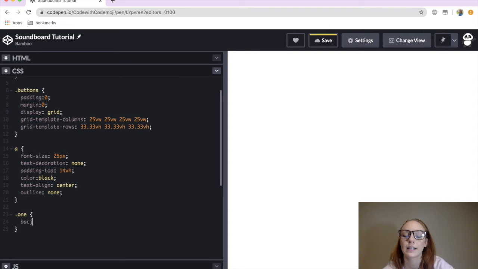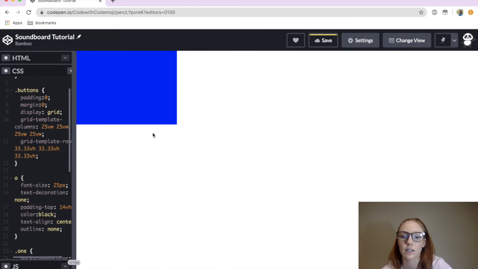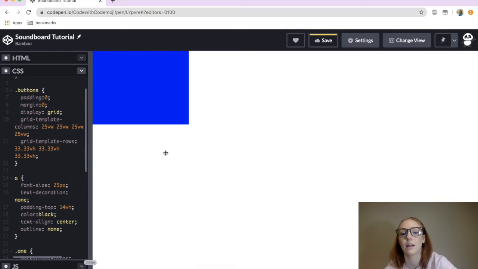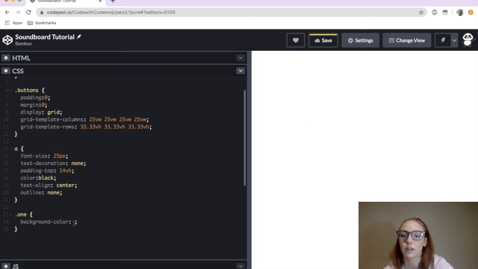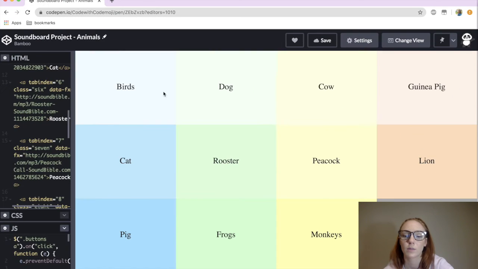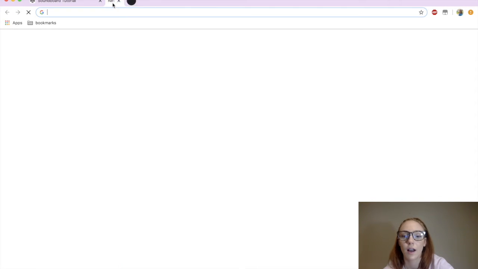So now we're going to go section by section for the different 1 through 12 boxes, and we're going to set the background color for them. So you guys saw how I had a lot of different blues, greens, yellows, and pinks. I'm going to give a background color, and then now we'll see our first box, or button, whichever you want to call it, is there now. But instead of that blue, you can use any color, blues, reds, simple colors, but I want these lighter, different colors. So how we do that is we can go to a site called the